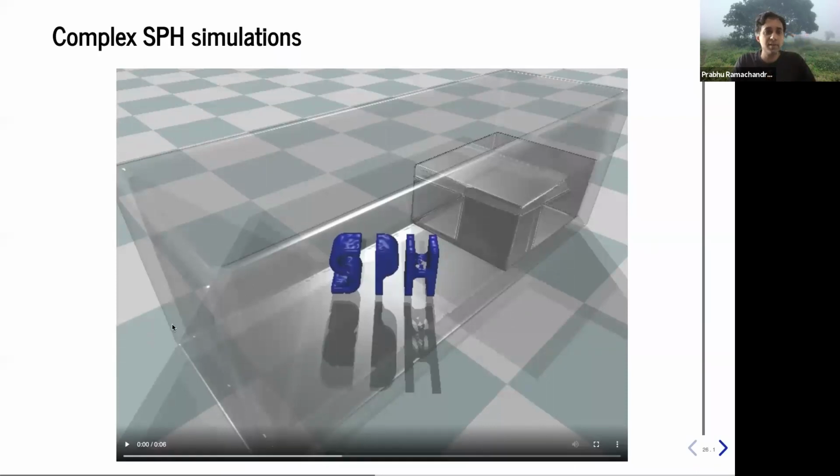So I'll just move on to some nice simulations that we've made using PySPH. What we have here is this glass tank. This box you see there is actually water. Imagine this is some kind of a structure that's sitting there saying S, P, and H. It's just a toy. And we're just going to run the animation. Imagine that this block of water is sitting there, and now when we start the simulation, that water is essentially going to fall, right? This is called a dam break problem. Okay? So I'm going to just run this and you'll see what happens.